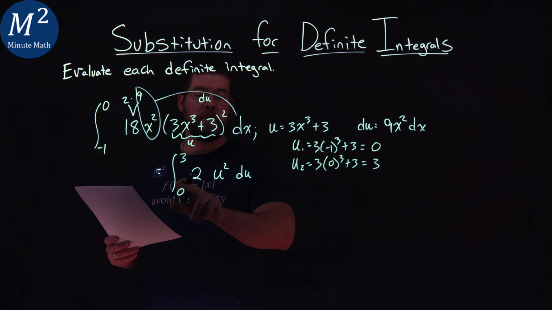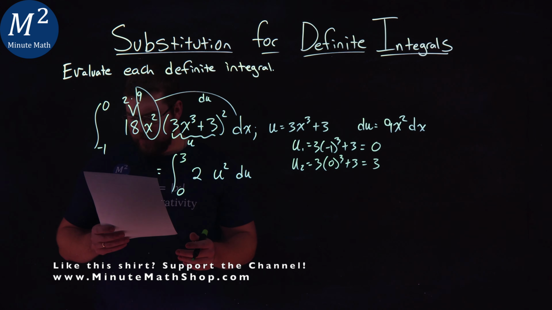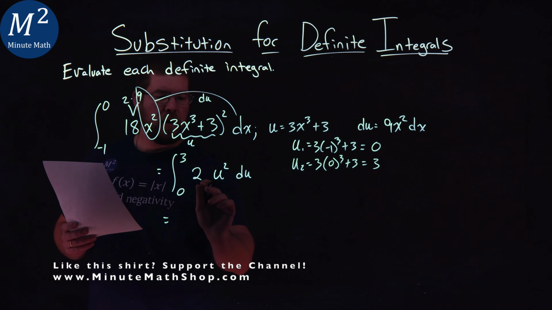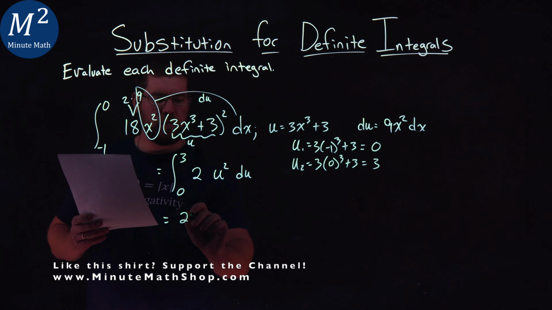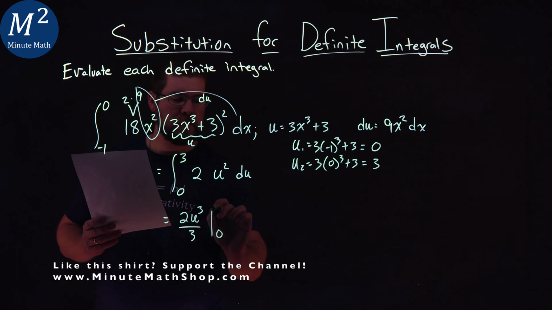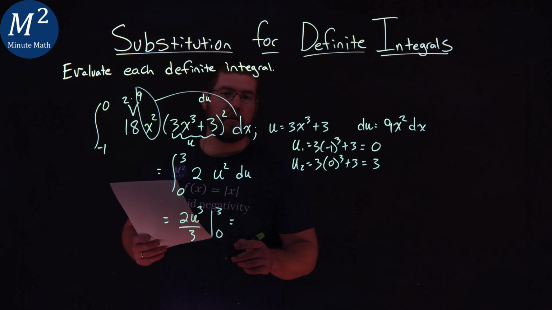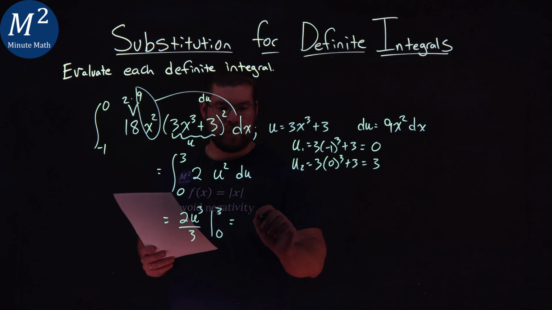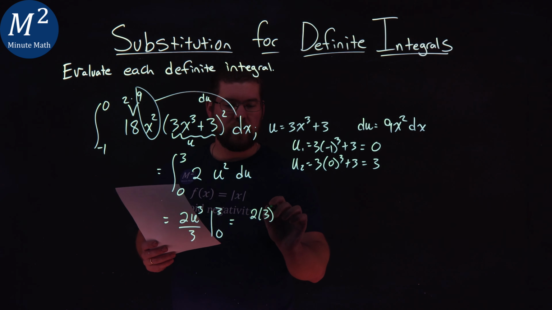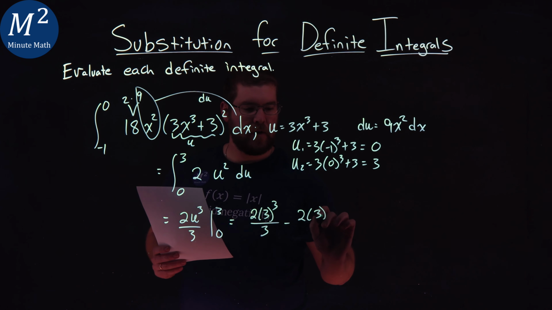And so now we have the integral from 0 to 3 of 2u squared du. So let's go find this. Well, the integral here of 2u squared is 2u to the third power over 3. And we're integrating this from 0 to 3. Well, our rules state we plug in 3 first, and then subtract when we plug in 0. So we have 2 times 3 to the third power over 3 minus